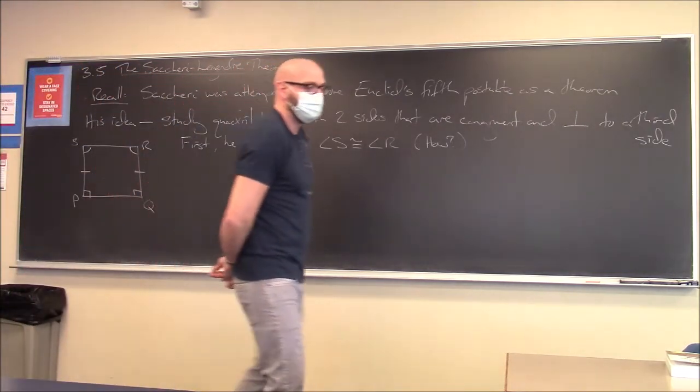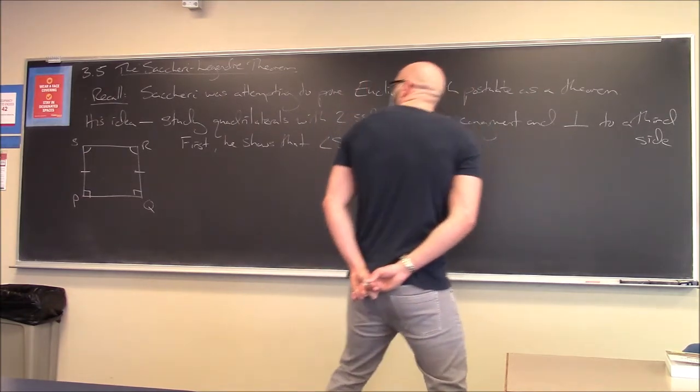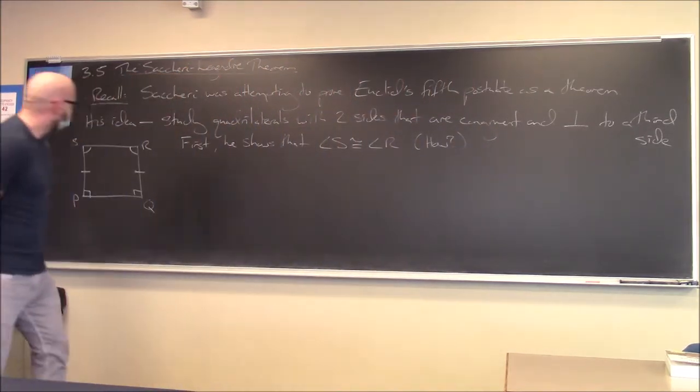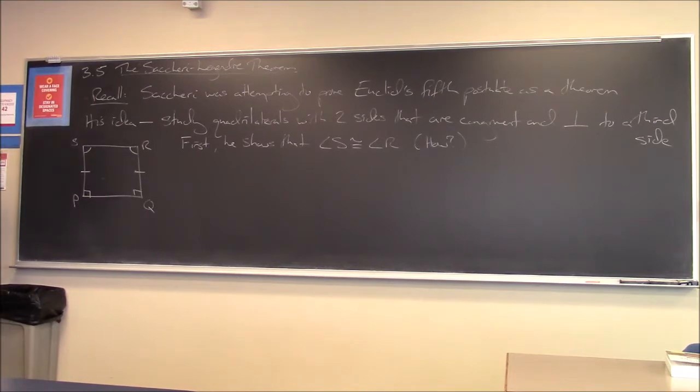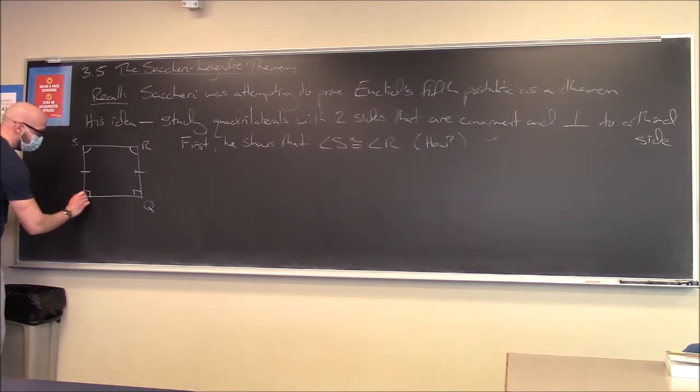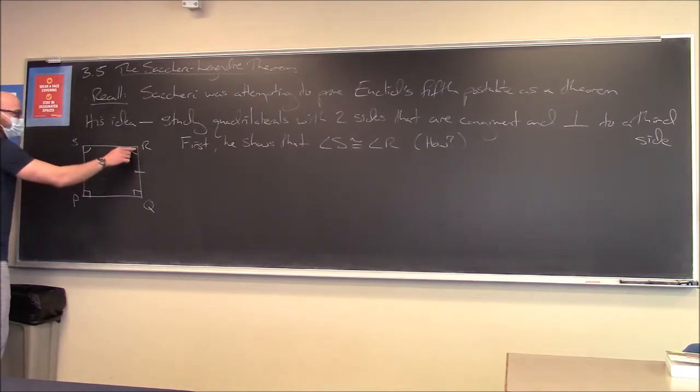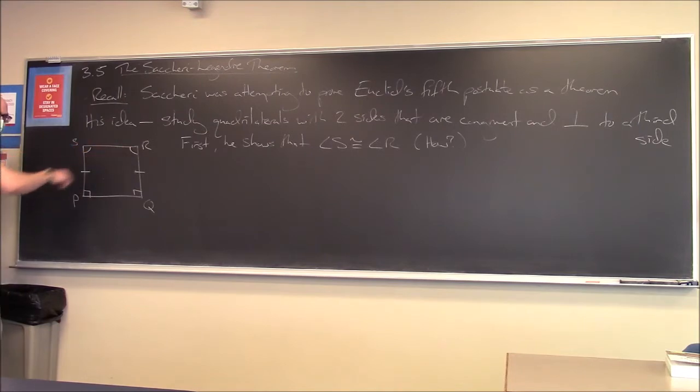Just draw a line from Q to S or P to R? Q to S or P to R. I've thought about that. That was actually my first attempt. But what do you do from there? Right, the problem is if you draw a diagonal, you're cutting this angle in half and somehow trying to compare it to this one. Not necessarily in half, but you're cutting it. An equidistant point from S to P. So you want to go halfway up here? Yeah, and then cut it to Q.